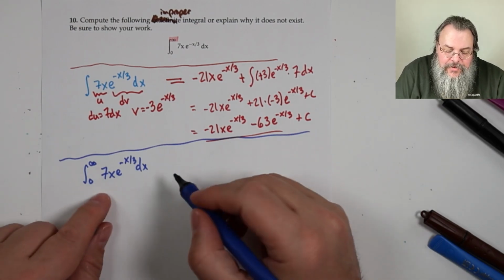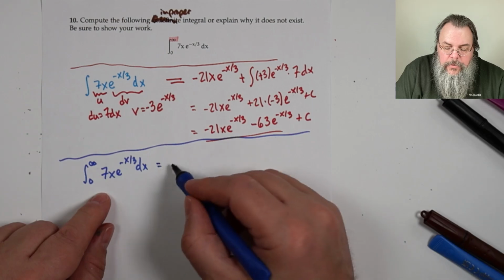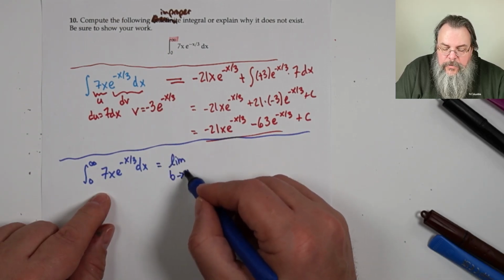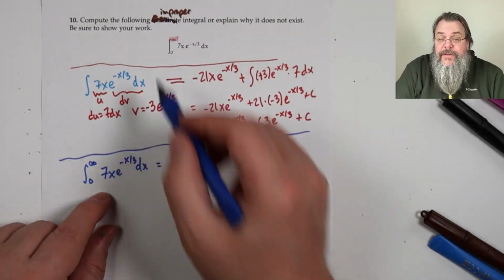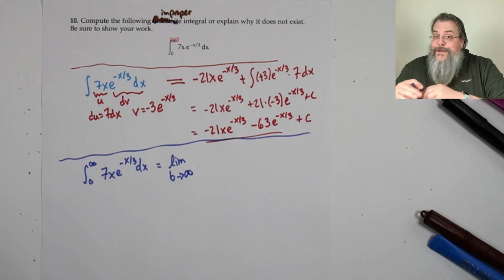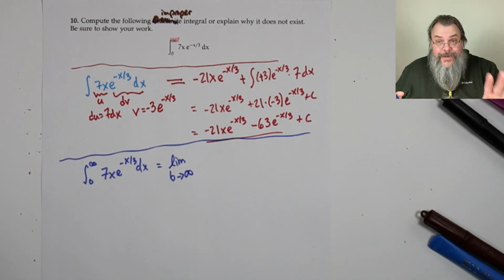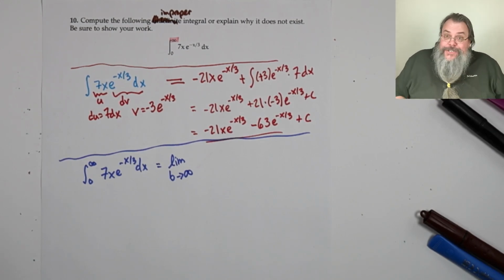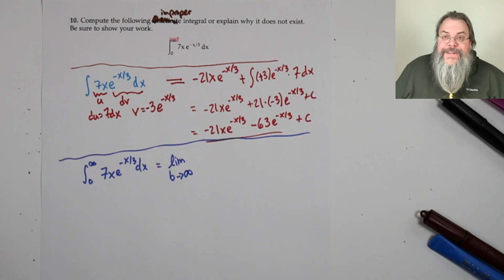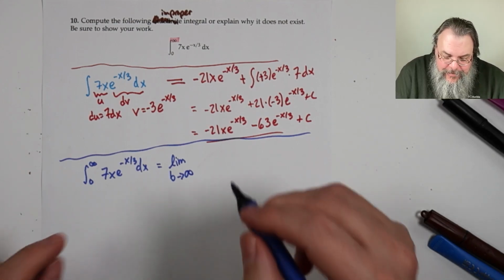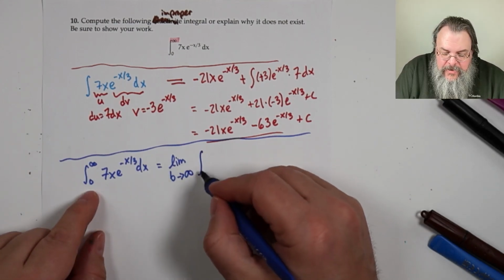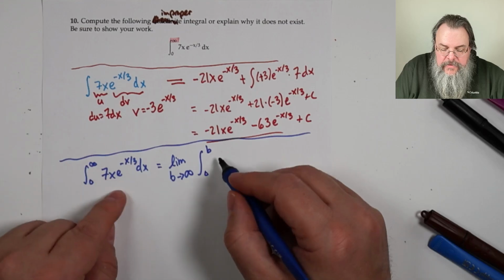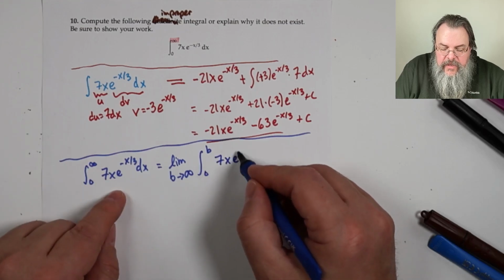So to deal with it, we're going to do it by taking a limit as b goes to infinity. Now, when they really go out of their way to specify something's improper, put that limit in there because they're looking for it. If you leave it out, they'll be like, whoa, hey, why'd you leave it out? Better take off a point. So put that limit in. All right, integral 0 up to b of this expression, 7x e to the minus x